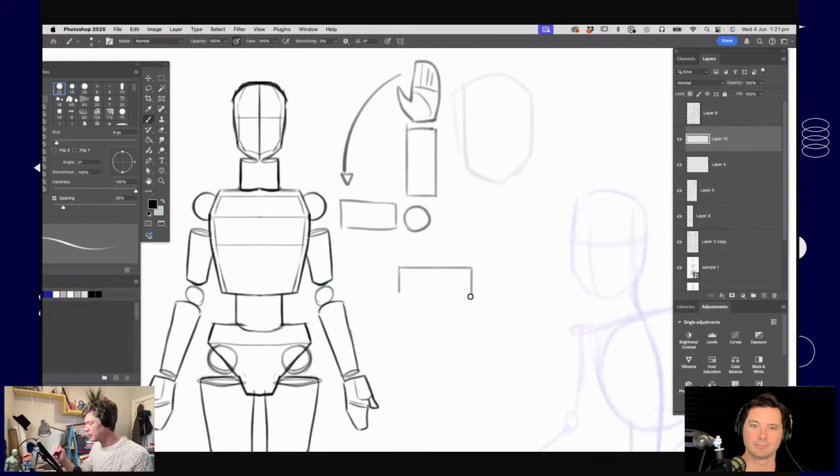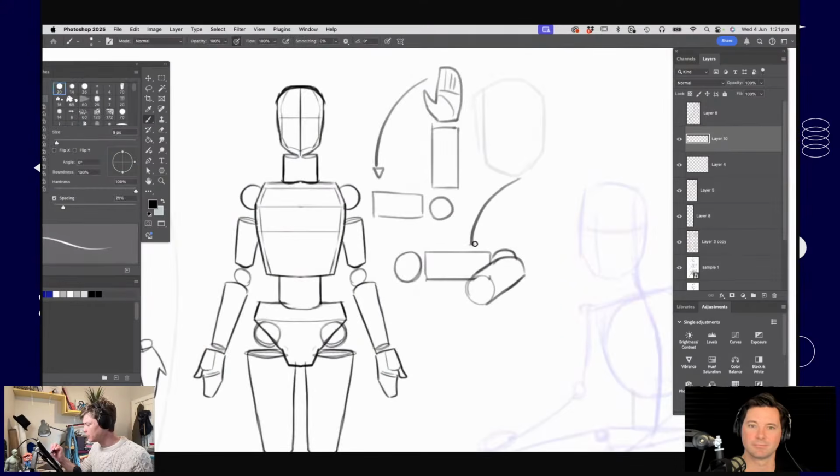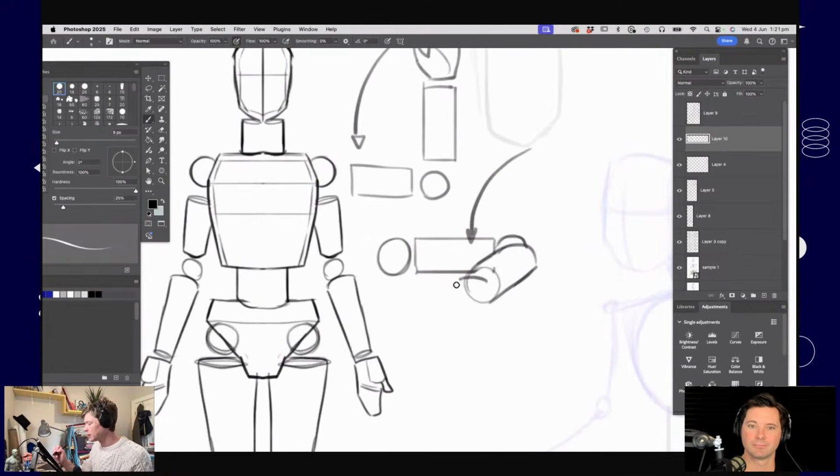Maybe the upper arm would stay the same, but I'm going to imagine this as a cylinder that's moved towards us here. So I'll still put the ball in for the shoulder and the elbow, but our arm has moved down and we're imagining that as a cylinder coming towards us. So I'll put a hand there.